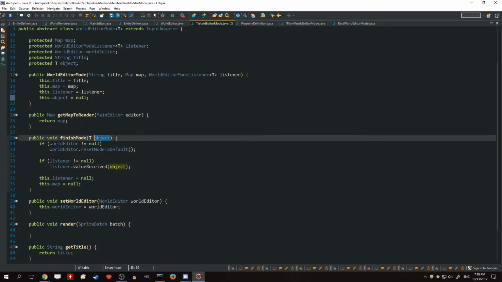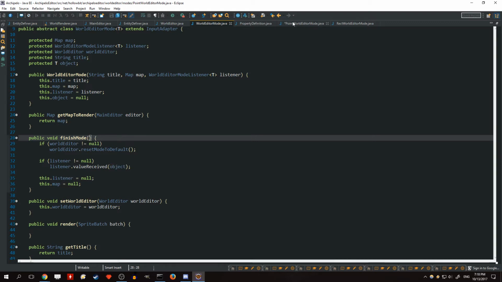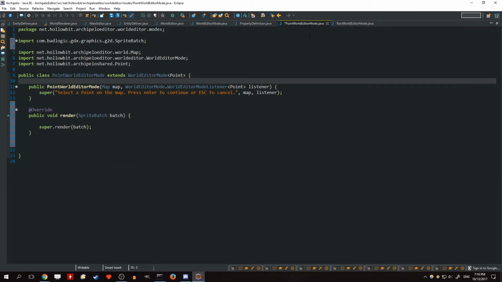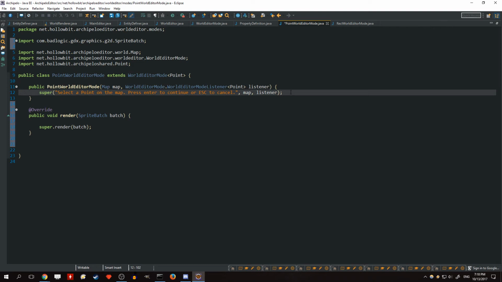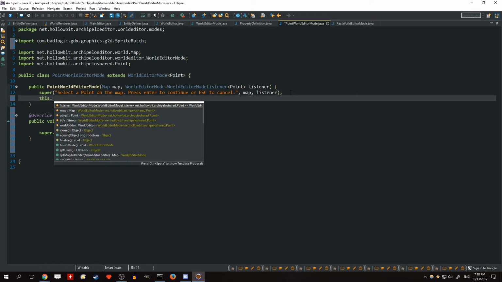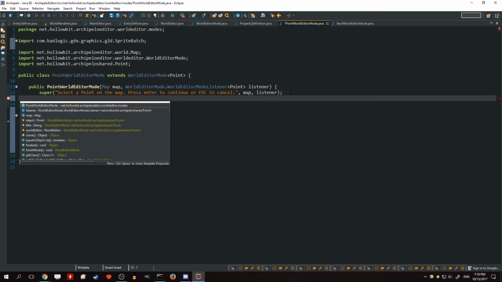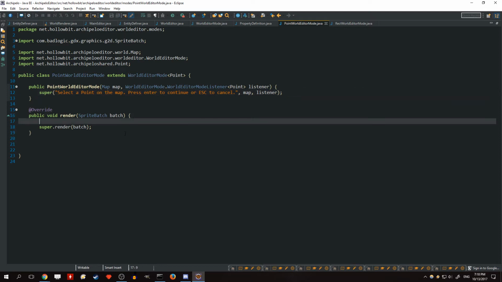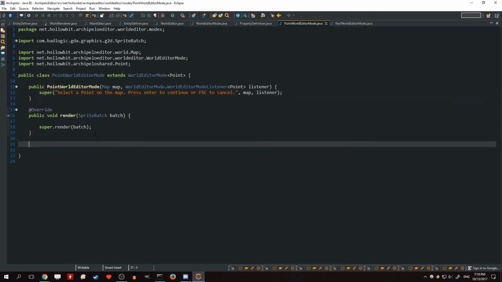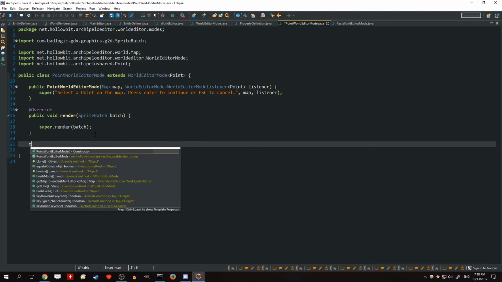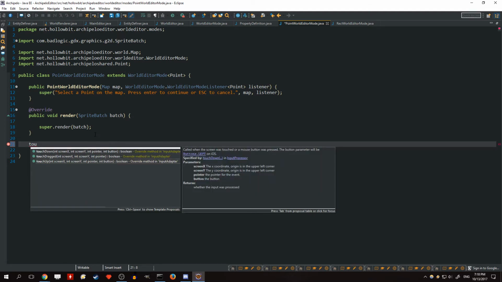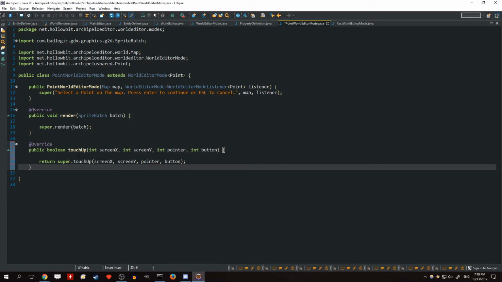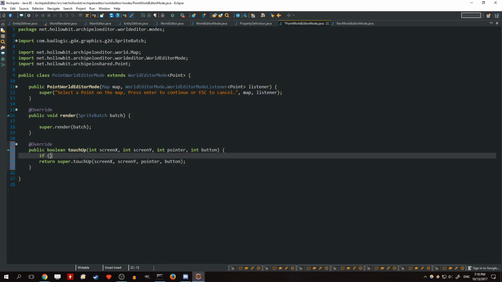We won't need this. We'll just have object passed in directly. Okay. And then here we're going to override touch up. And essentially if